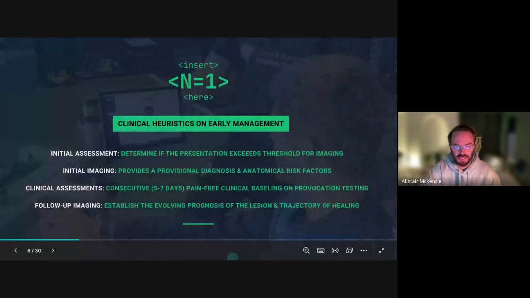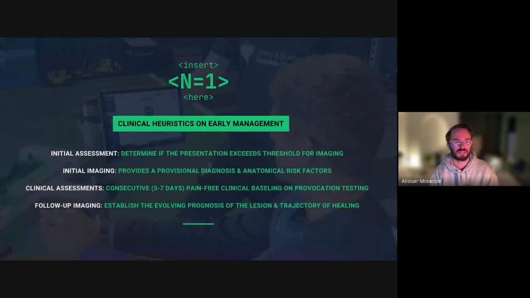With that being said, although we're going to talk about this case study, it is always important to remember that this N=1 approach to rehab is important. But there are some clinical heuristics that I can put out in the early management phases that help lay the scene of